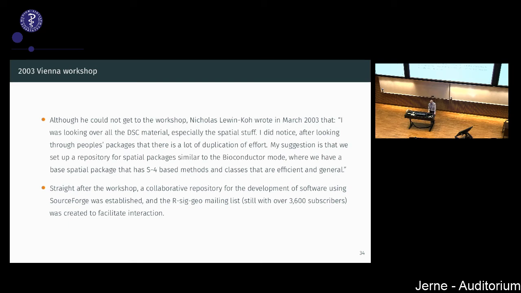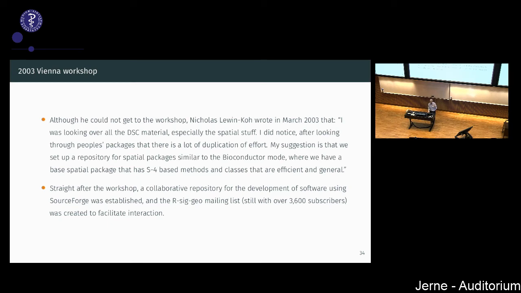So Nicola Wine-Koch wrote, I was looking all over the DSC material, especially the spatial stuff. I did notice after looking through people's packages that there's a lot of duplication of effort. My suggestion is that we set up a repository for spatial packages similar to Bioconductor, where we have a base spatial package that has S4-based methods and classes that are efficient and general. Okay, so that was the mandate for developing sp.